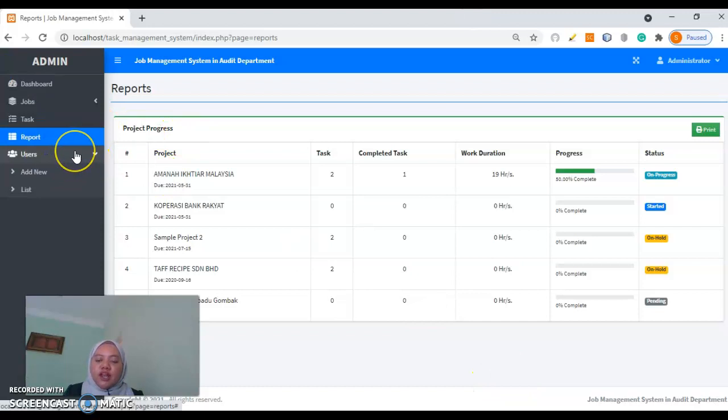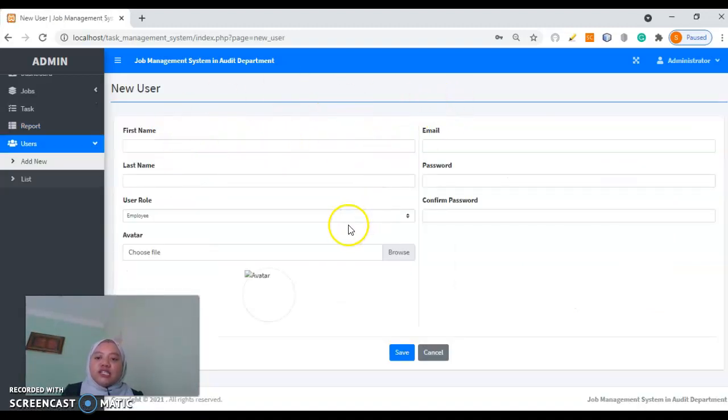As you know, only admin can give access for other users to access the system. Therefore, this is where the admin will register a new user, for example.